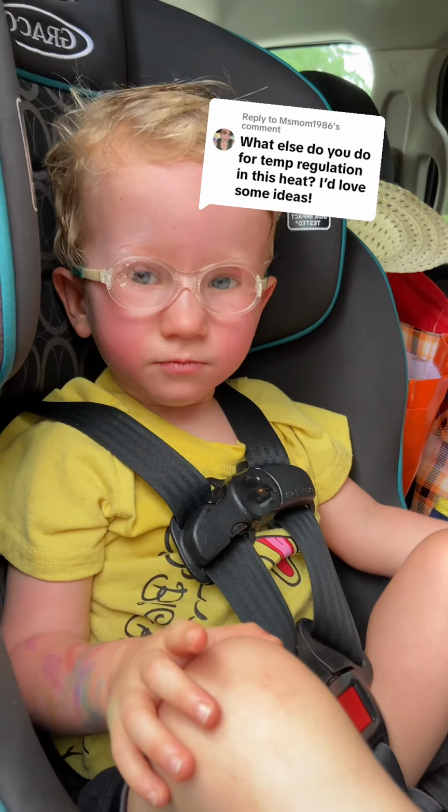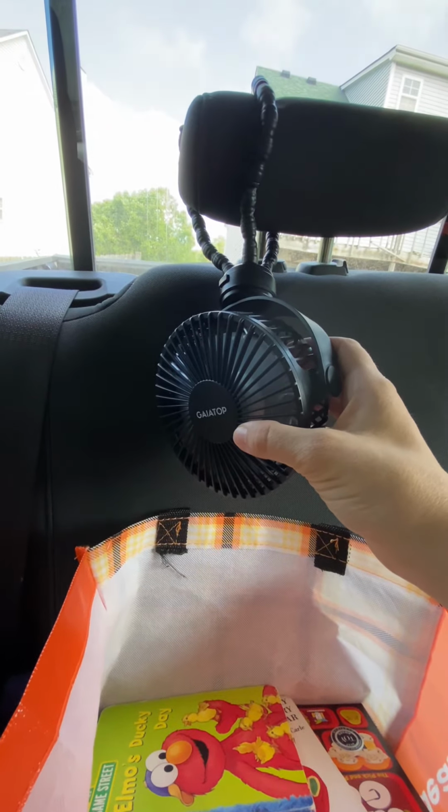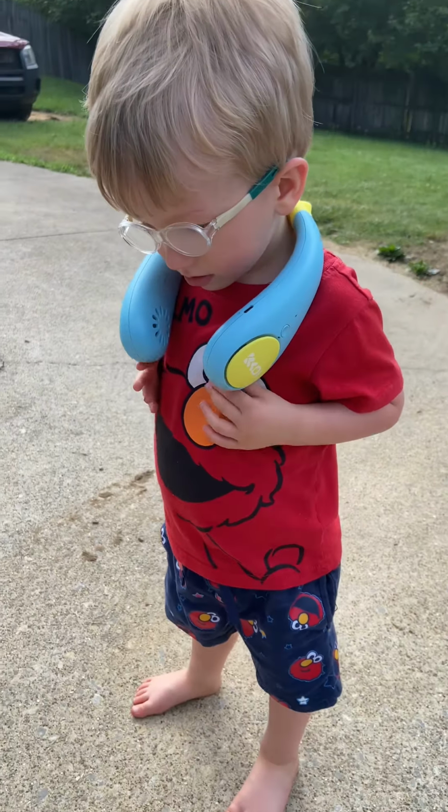Today's question: how do you beat the heat with poor temperature regulation? Here's a couple of suggestions of things that have worked for us. Whether you're in a car or a stroller, make sure you have some sort of portable fan to keep air